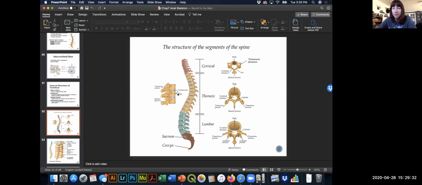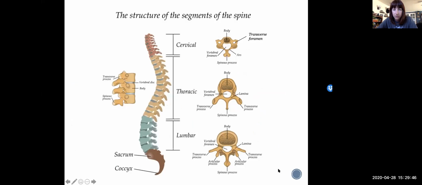The different vertebra types. Check out a cervical vertebra, tiny little body. It's the only one that has these transverse foramina, right? So here's one transverse foramen, and another transverse foramen. It of course has a spinous process, as do thoracic and lumbar vertebrae, but it doesn't have transverse processes like lumbar and thoracic vertebrae have. But what all three types of vertebrae have in common,